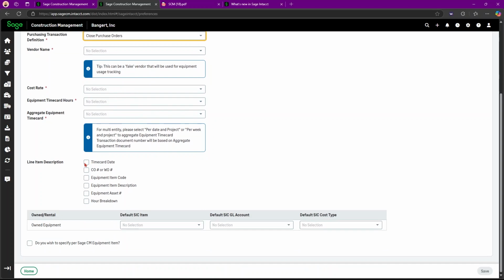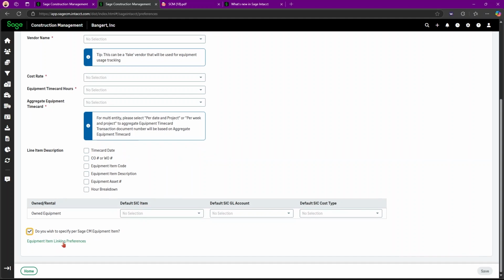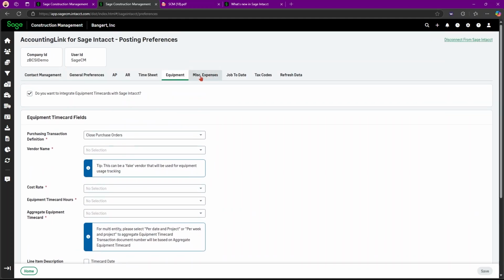Then the line item descriptions, where you can select here, you're going to have your default Intacct item, default GL account for Intacct, and default cost type. Then you can also specify per Sage CM equipment item, which will give you the item linking preferences right here.